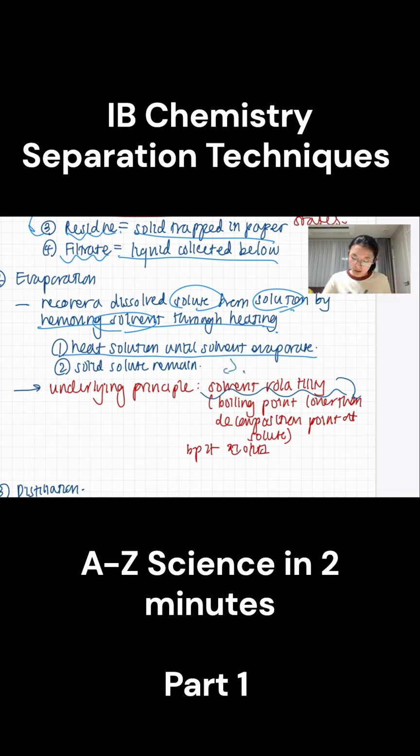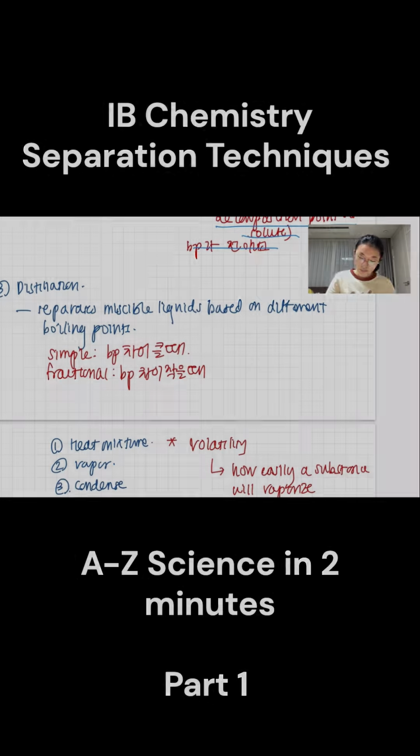The underlying principle behind this is solvent volatility, and if you don't know what I mean by that, it's essentially stating that the solvent's boiling point must be lower than the decomposition point of the solute. The next technique that we're going to observe is